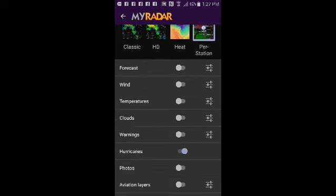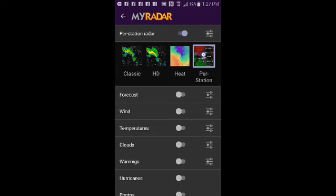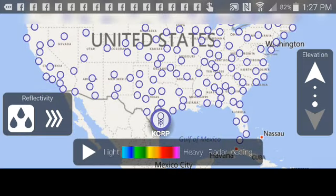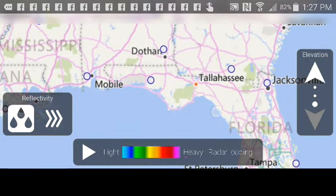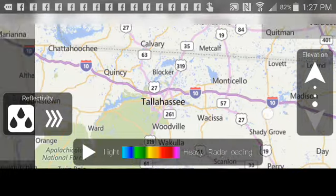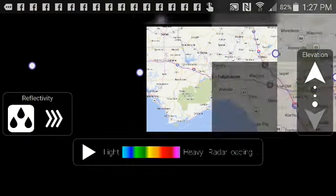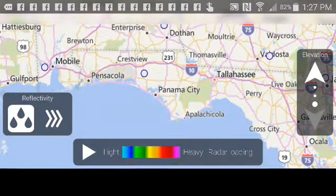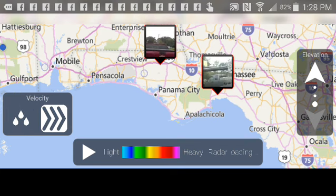I'm going to get rid of the hurricane track for a minute. We've talked enough about that. But basically the hurricane track and the local radars are the only two things I paid for here, and they weren't much. One-time fee, $4 or $5, something like that. You pull up a local radar station, and I'm going to pull up the one closest to Allison, and there's a Hurricane Hunter. Accidentally clicked on a Hurricane Hunter video feed there. If you pull up the radar station and